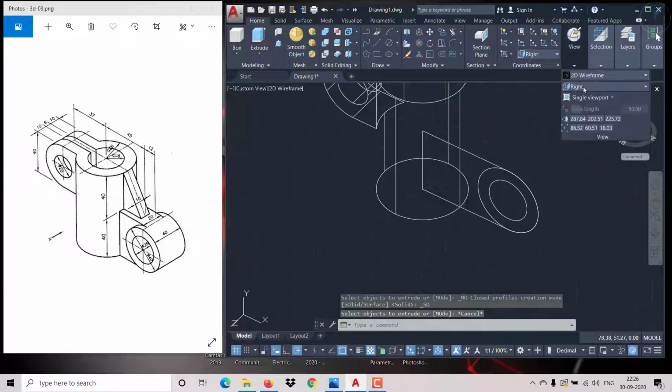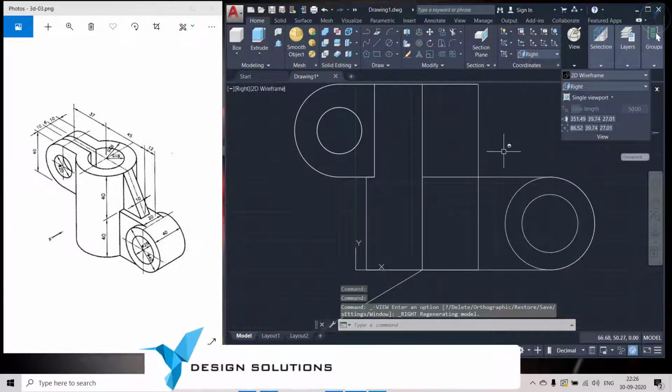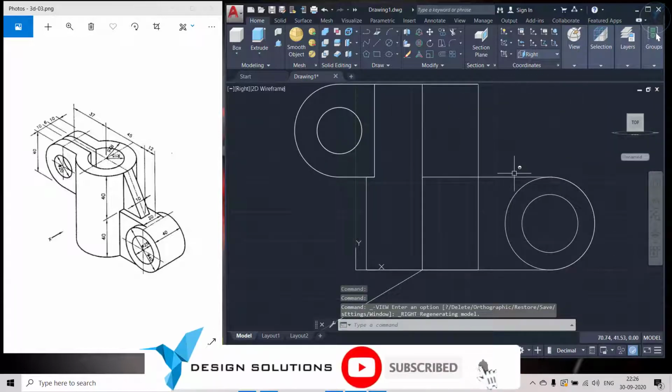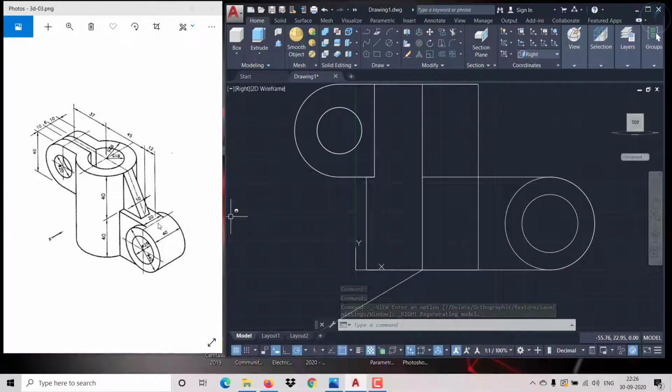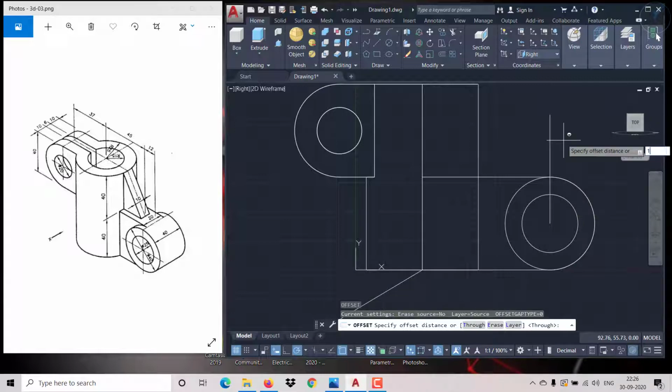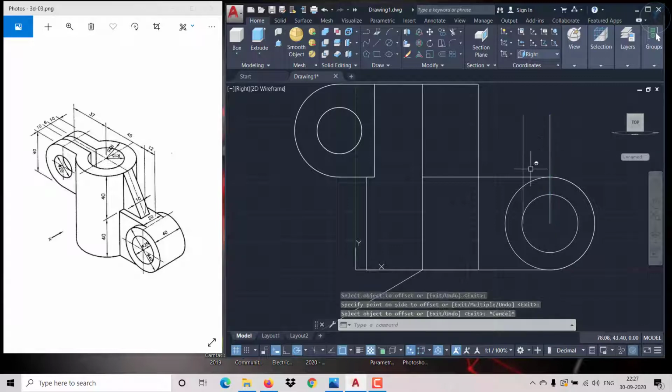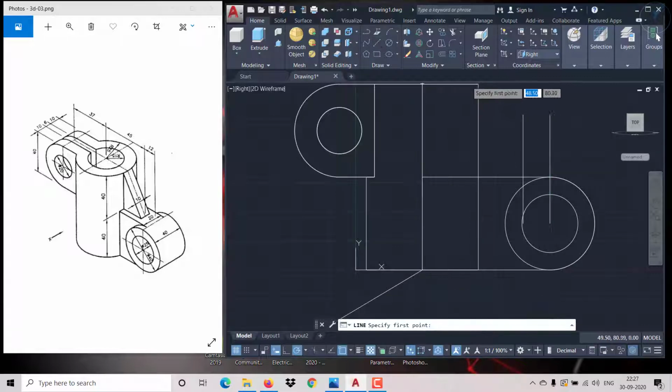So go to the same right view, so it is coming from top and it has to come up to 12 mm from here. So you can do one thing, you can just make a line straight and then go to offset, O, enter, then give 12, enter, from here to here. Now click on this line, select here exactly on this intersection and then go up to center,